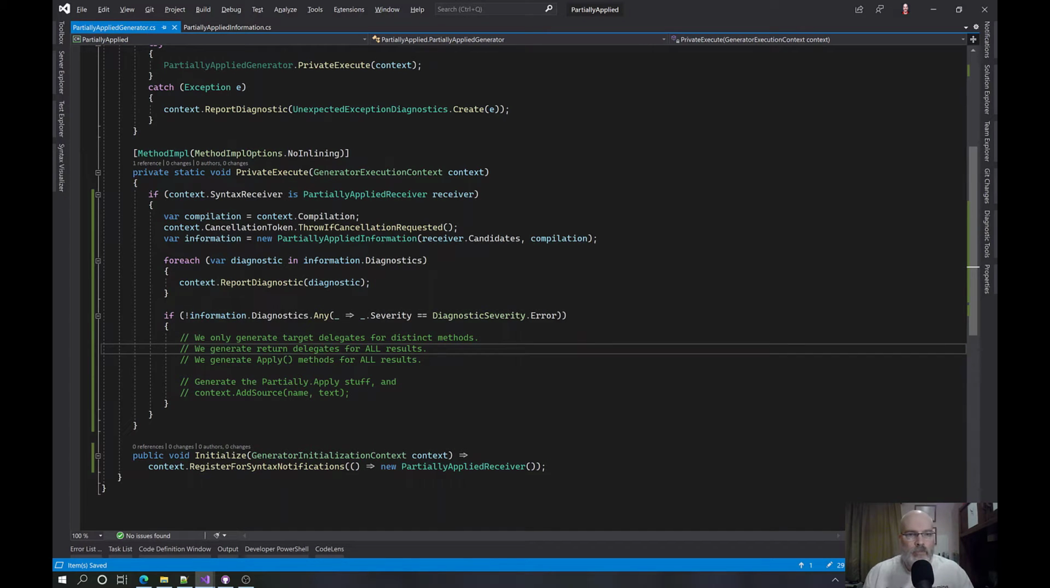For distinct method plus count. And then the same thing here. So as we're going through this in the